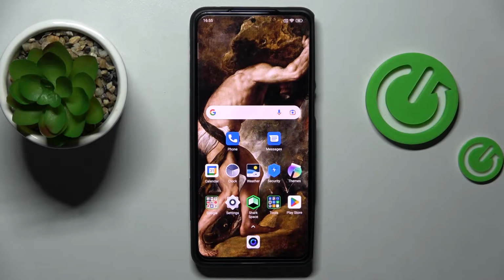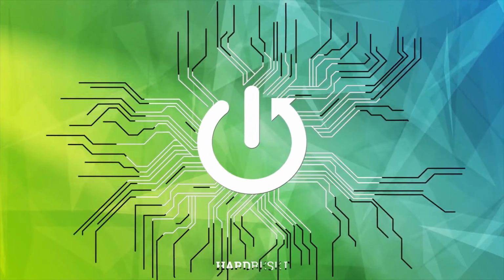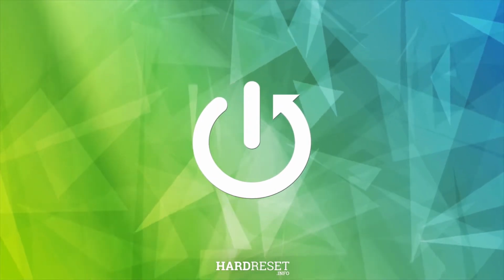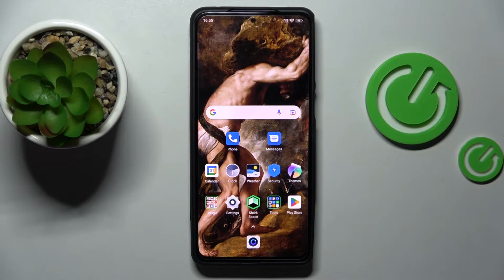Hi everyone, today in front of me I have the Black Shark 5 smartphone, and in this video we would like to demonstrate how you can download and install the Fortnite game on it. So, as we all know, unfortunately, the Fortnite game is not present at the Google Play Store, therefore you cannot